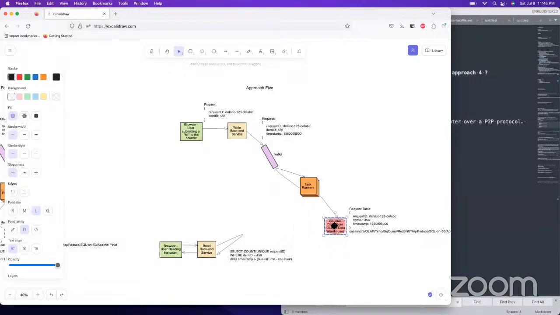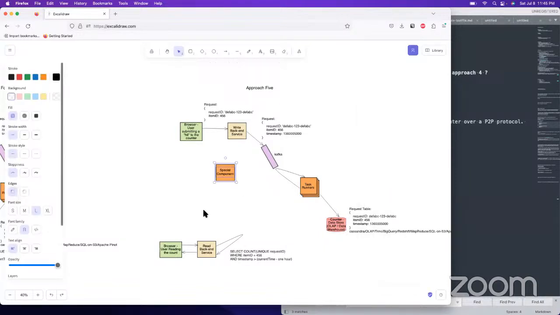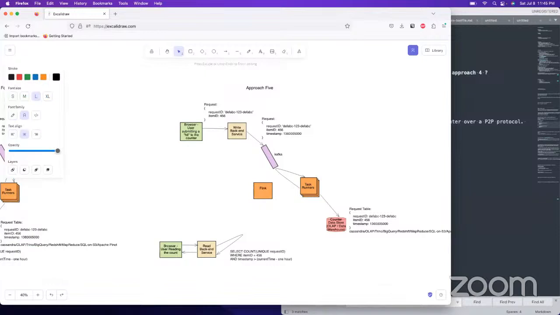But the key part is that we're going to have this special component called Flink or Firehose. I think that is going to be doing some pulls off of Kafka.